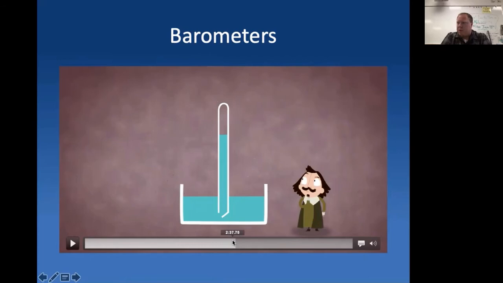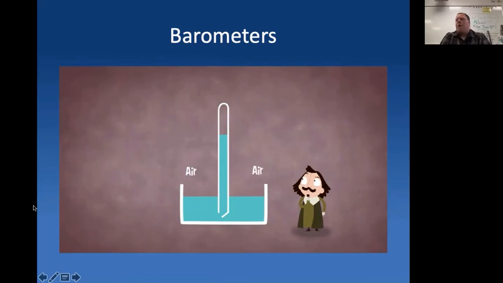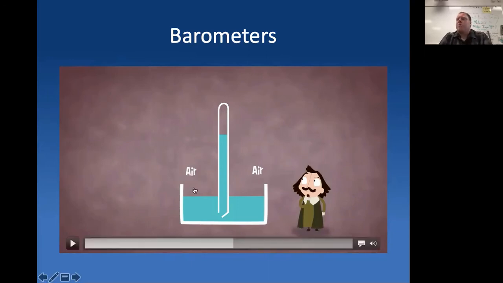Okay, so I'm going to pause it here. Go back just a moment. I want you guys in your notes to draw that. I'm going to explain it here, but I want you to draw this diagram. So we have a container with some water in it, and then there's a tube. What they did is they took the tube, filled it full of water, and then sealed it. Then they flipped the tube upside down and put it in the water. And once they put it in the water, they removed the seal at the opening. And they did it in such a way that air cannot get into the tube.